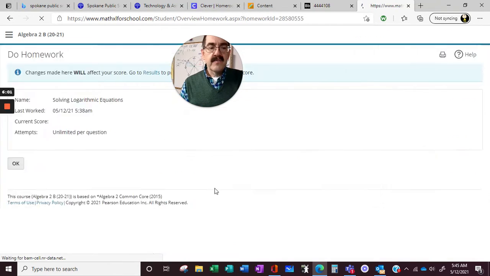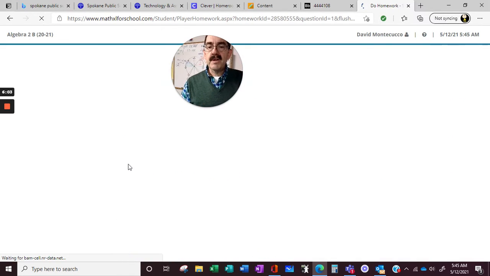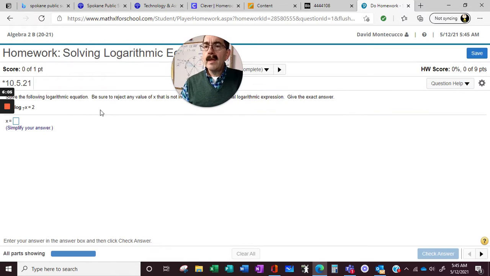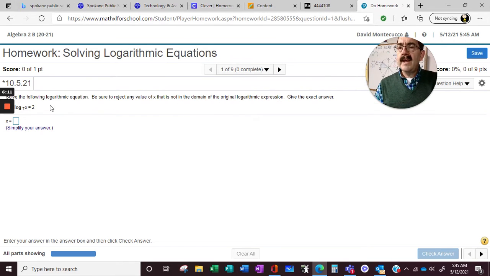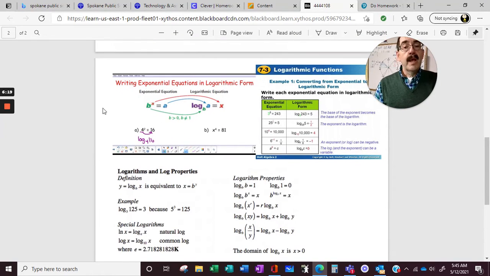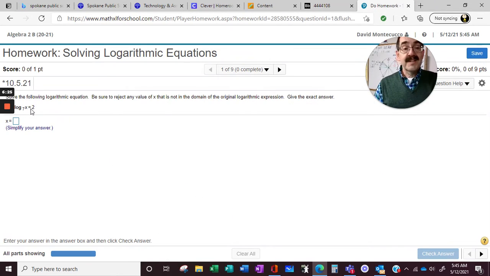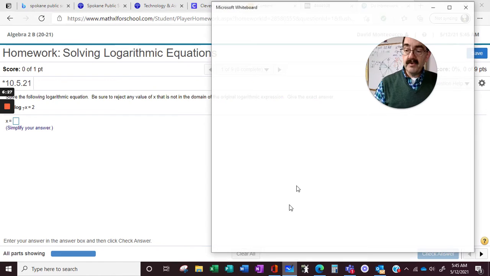Okay, solving logarithmics. Let's just check one out here. How would we solve? Be sure to reject any x value given the exact answer. Log base 7 of x equals 2. Well, this is one of those where we got to go to our cheat sheet and translate. We're in this form to solve for x, but the x is the actual answer. So in this case,